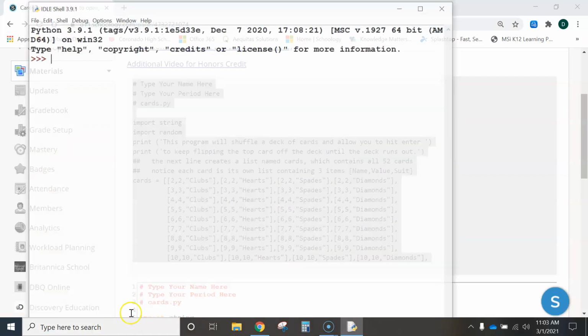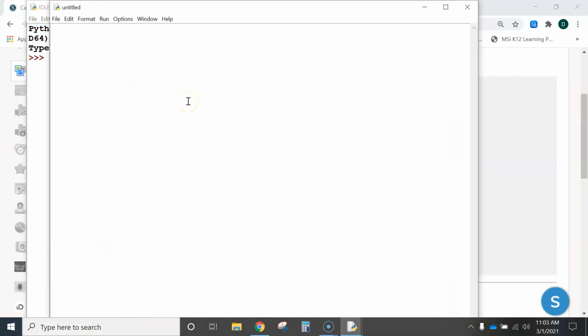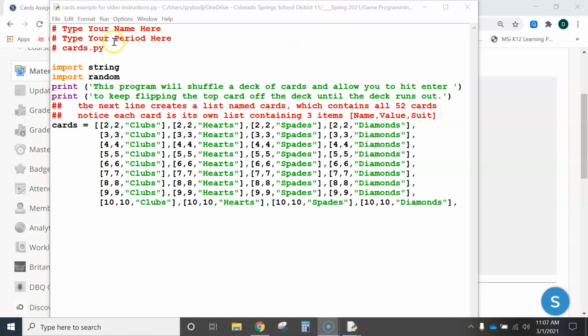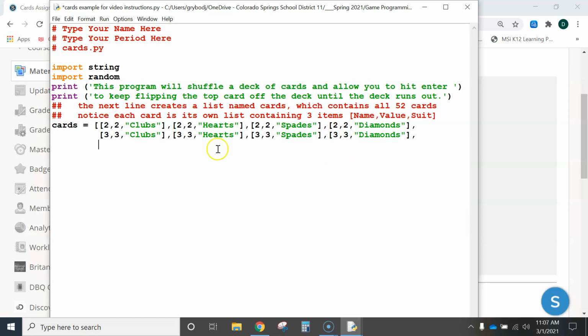Open up Python and paste it. Okay, I just paused it and saved it to my OneDrive. You can see up here it's saved to my OneDrive. Anyway, I am going to shorten this list down instead of it being a full deck, because for the example that I'm going to show you,